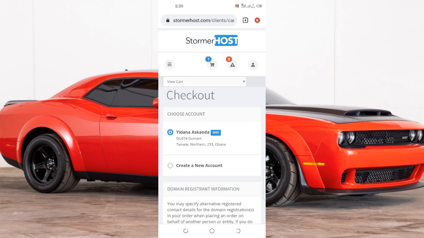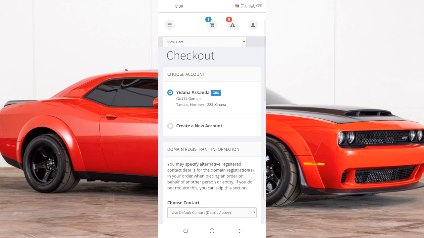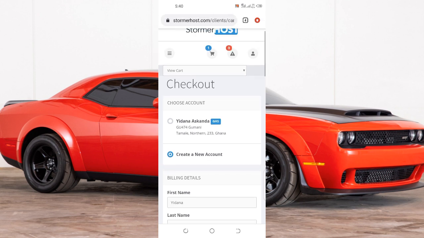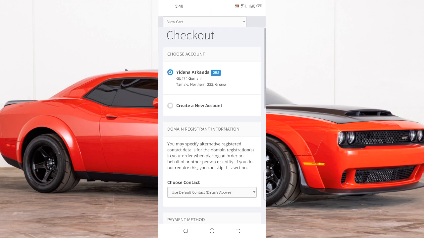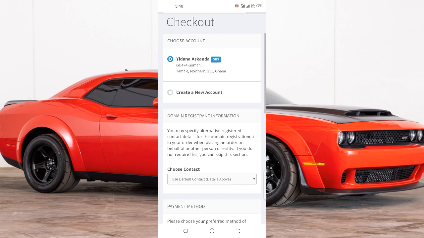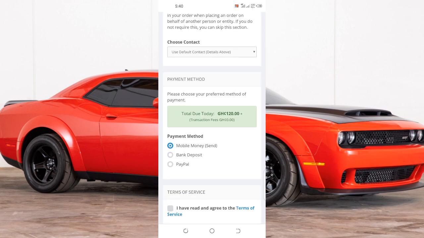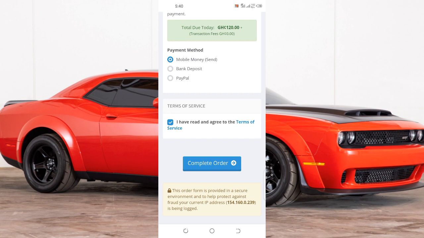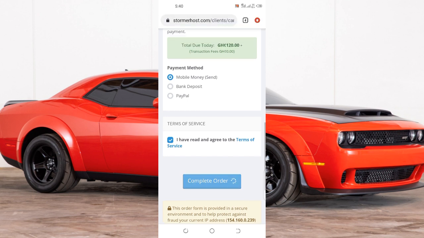So here we will select our address. I was telling you guys that because I already have my address here. But if you are new to this particular website, they can either ask you to use a new address, or you want to use the address that you used to sign up for the account. If I click here, I will be able to change my address, but I'll just click on continue because I already have a default address. So that's it. You can select mobile money payment, bank payment, or PayPal. After that, you just click on agree, then you click on next to pay with your mobile money. So if I click on complete order this way,